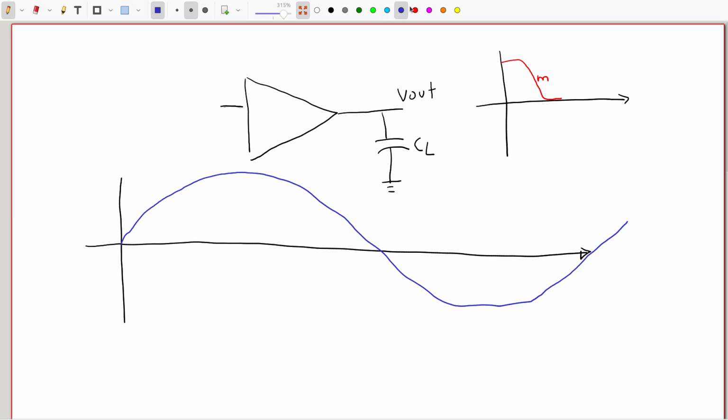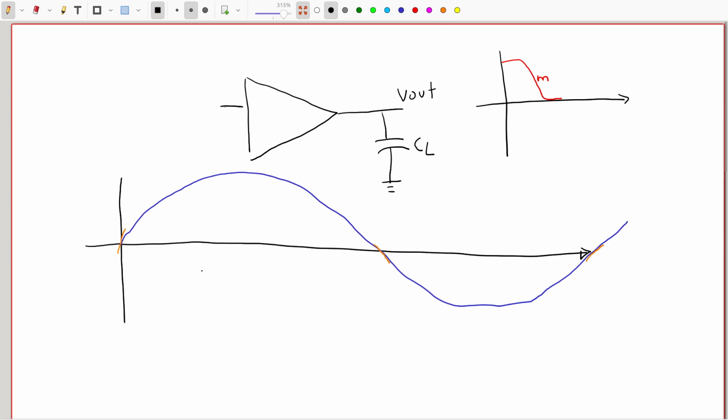Then the problem happens with these slopes here. The largest slope of the sinusoid will happen here, will happen here, exactly at the zero crossings. That is where we have the maximum slope. So we have to calculate that this slope is never exceeding the maximum slew rate or slope that my